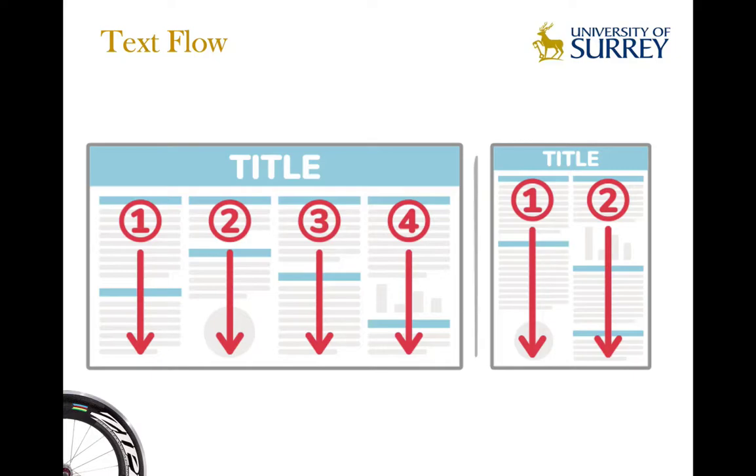Similarly, if you make your poster in portrait, you want to have most of the times only 2 columns, but then again start at the top left hand side with your abstract and finish at the bottom right hand side